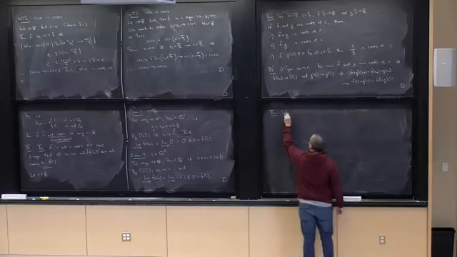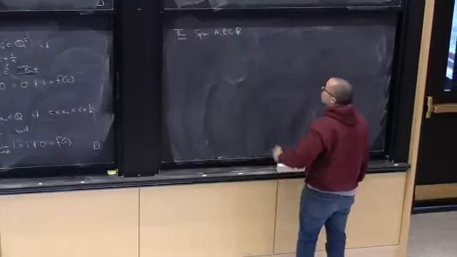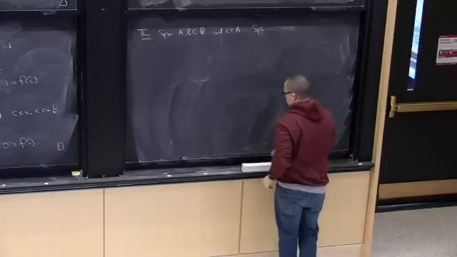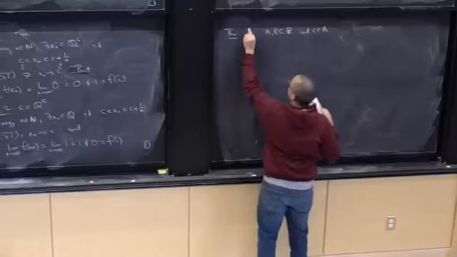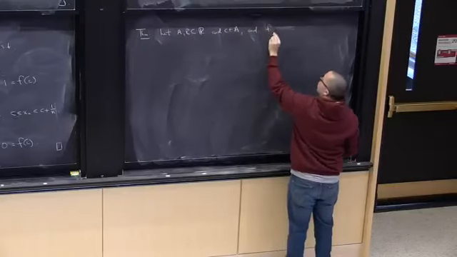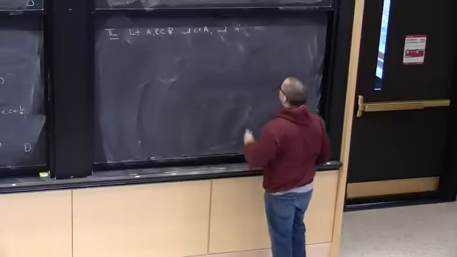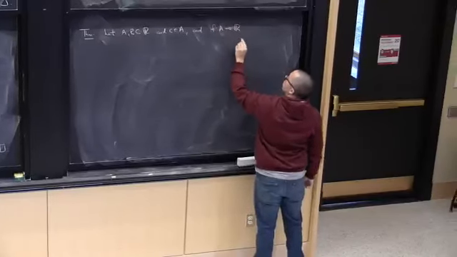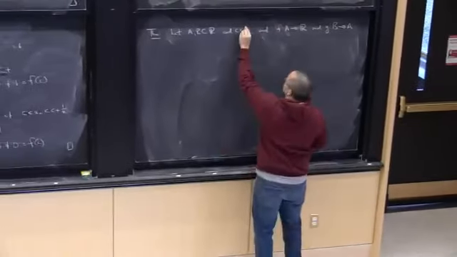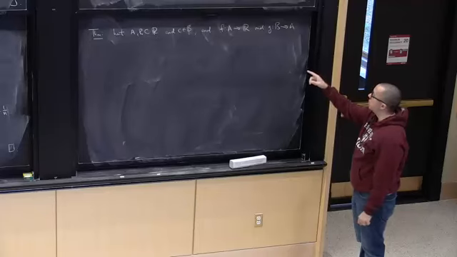So we have to state this carefully. Suppose A and B are subsets of R, and C is an element of A, and f will be a function from A to R, and g is a function from B to A. Okay, so when I compose these two, f of g will be a function now from B to R.